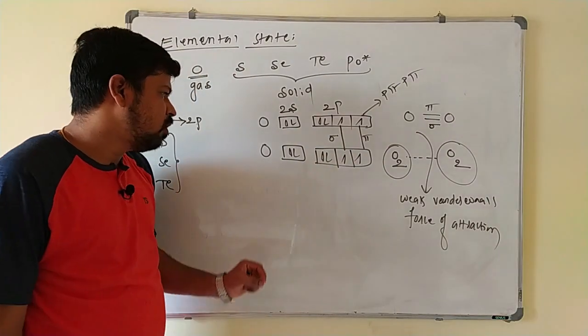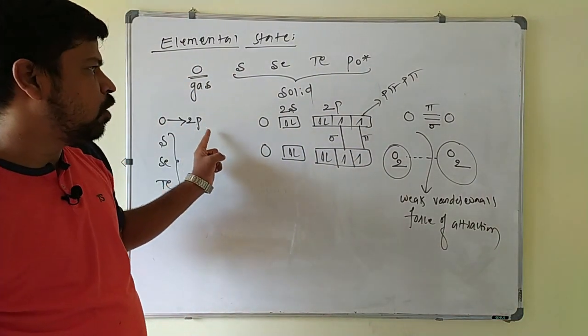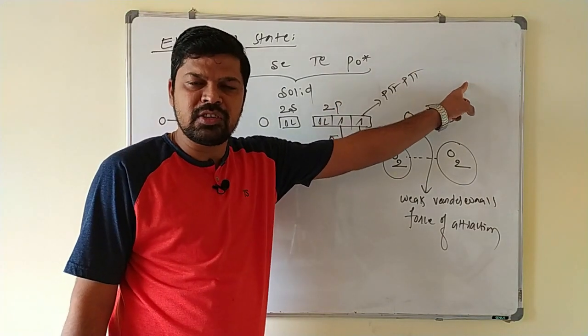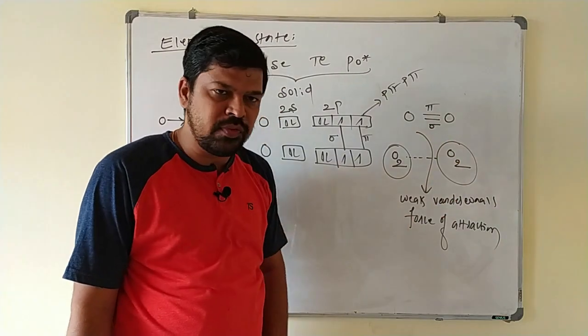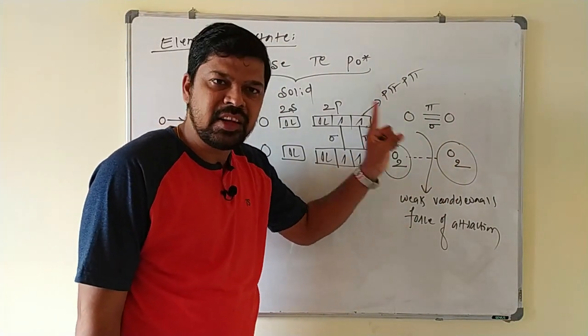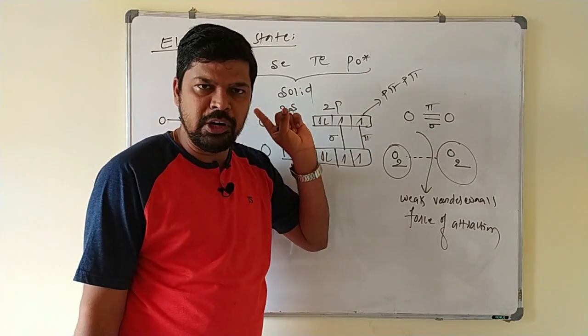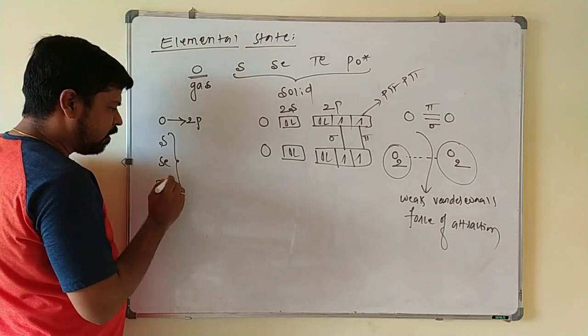Okay. Therefore, what happens? Due to small size and high electronegativity of the oxygen atom, it has unique ability to form pπ-pπ multiple bond with the other oxygen. Therefore, there is a formation of what? O2 molecule. Between them, weak van der Waals force of attraction is there. Hence, O2 exists as a diatomic gas at the room temperature. O2 is a diatomic molecule. Okay, I will write that point here. And another point we will discuss.